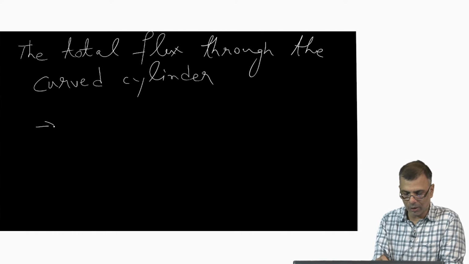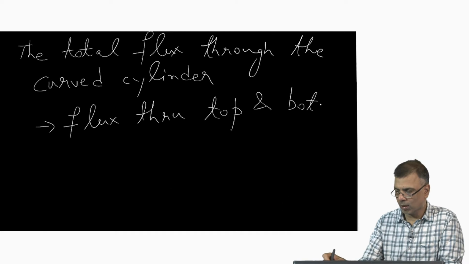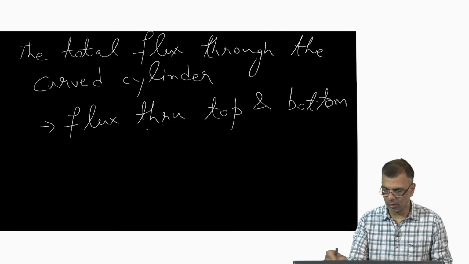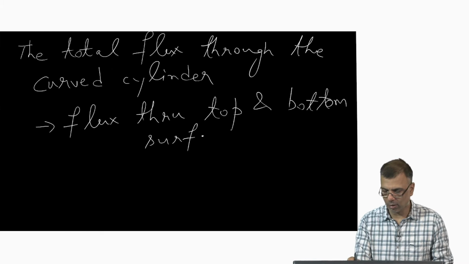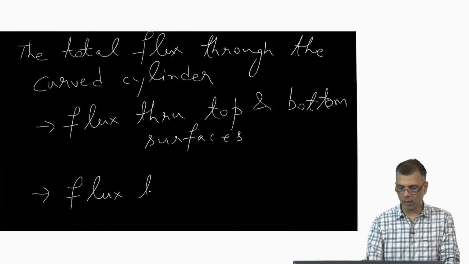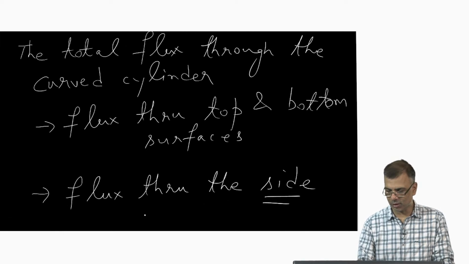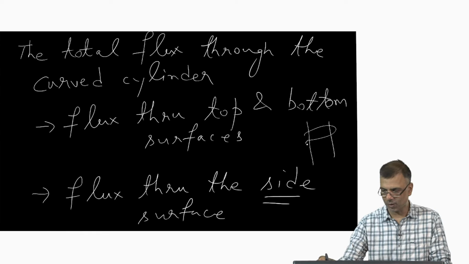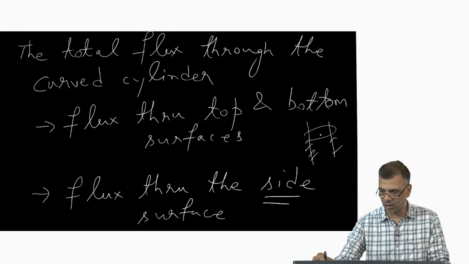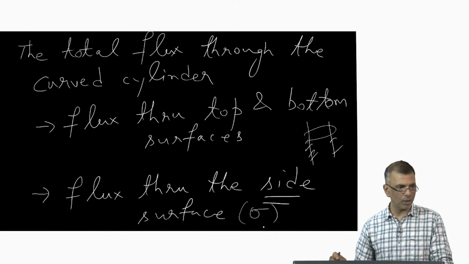it has two pieces, so to speak: flux through top and bottom surfaces, which is what we have been talking about so far, and also flux through the side surface. In other words, the side surface, this stuff, not the cross sectional. Let the side surface be called sigma. Okay, so